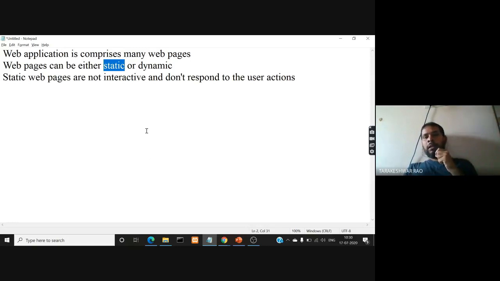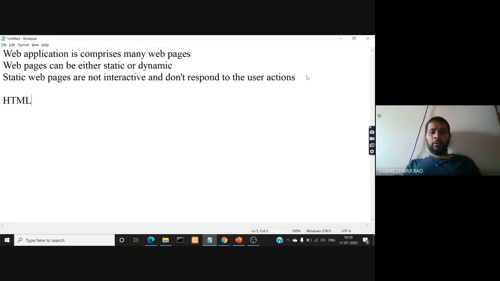Okay. So let us start with static web pages now, because in the first unit using HTML, we can only create static web pages. So what is the purpose of HTML? HTML is used to create static web pages. HTML stands for hypertext markup language.